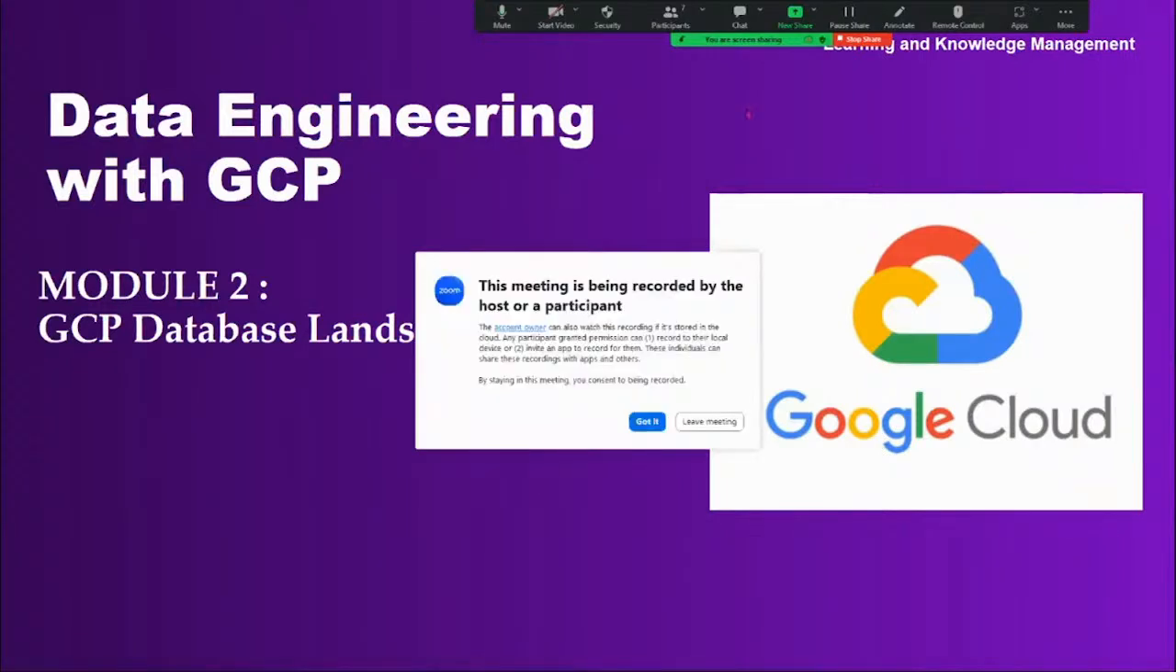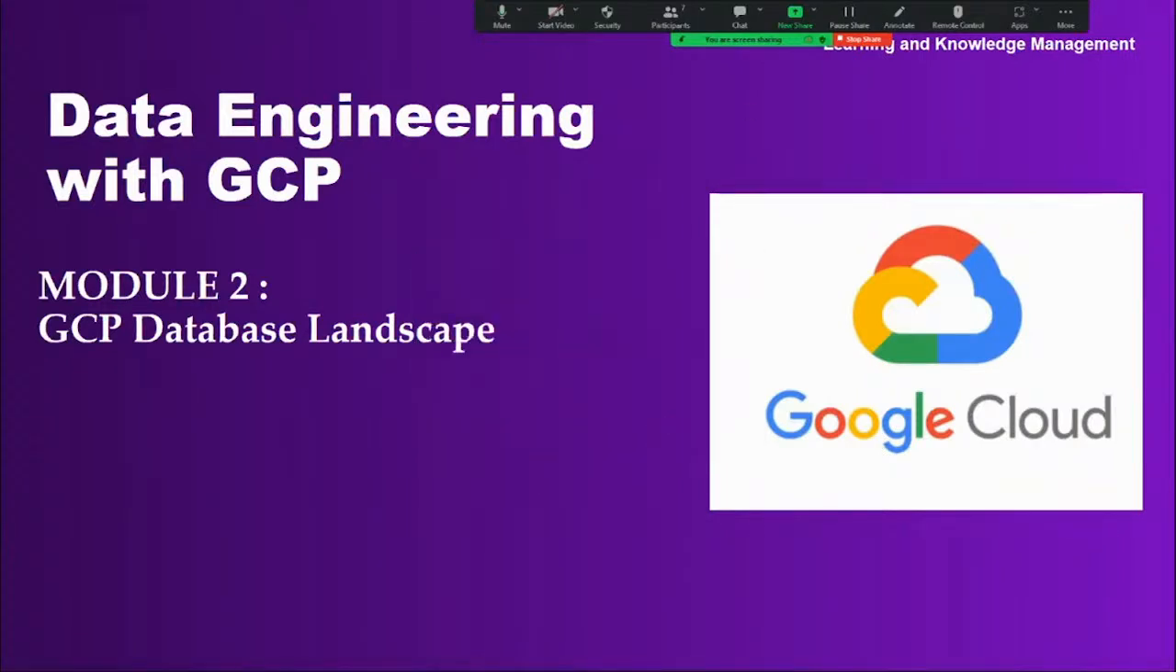From today onwards, we're going to discuss the very first topic, the GCP database landscape and big data landscape. One by one, we are going to start. In the first half, I'm going to explain a few concepts related to databases, that is Google Cloud Storage. And after that, we're going to start